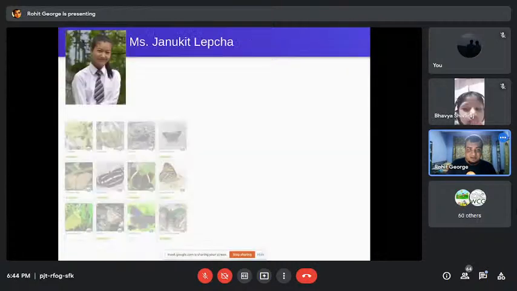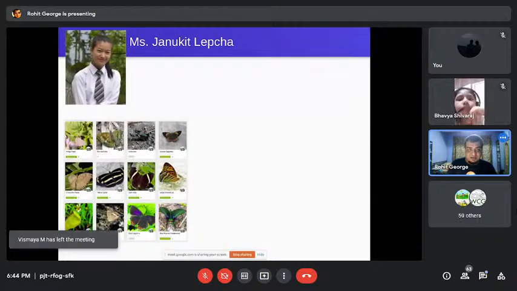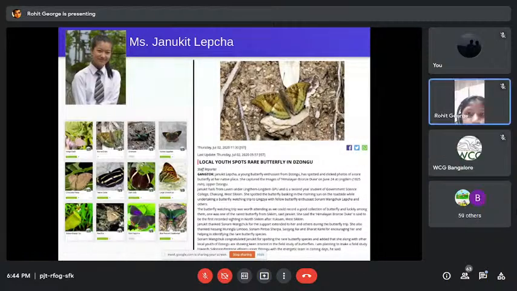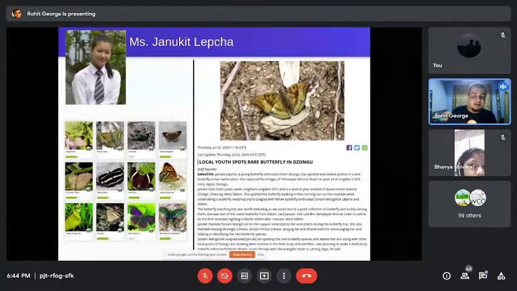Another example is this little girl, a school child from here in Sikkim only. During the corona lockdowns in 2019, we did a small workshop training students about biodiversity and citizen science. She got quite interested after that. So she went out around her hometown and photographed lots of butterflies.